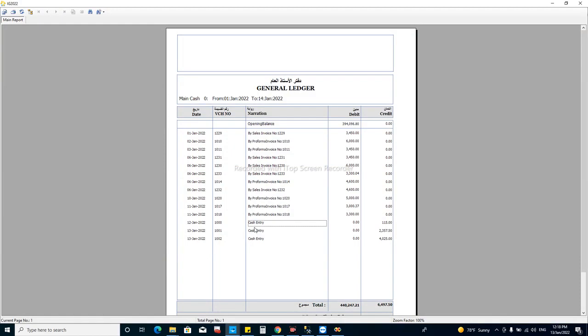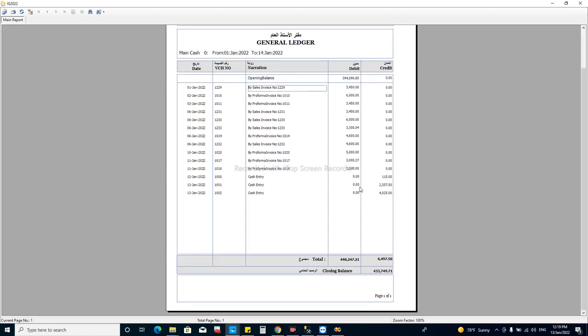Now see here, there are three records for the expenses which we have created and demonstrated now, which are already affected in the cash ledger. There are some other entries here for the sales and purchases we have created. The expenses are listed here, so this is credited from the cash account, and it is affected in the closing balance.